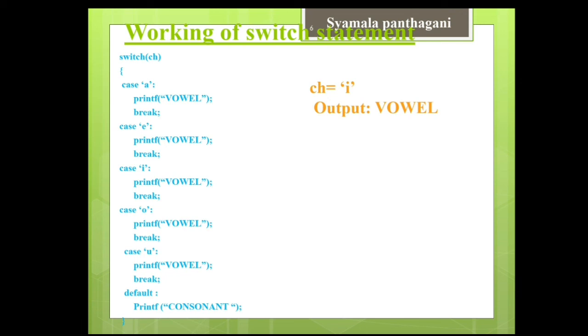If we have taken I, the compiler checks all the case labels from A to U. From A to U, if a match is found,